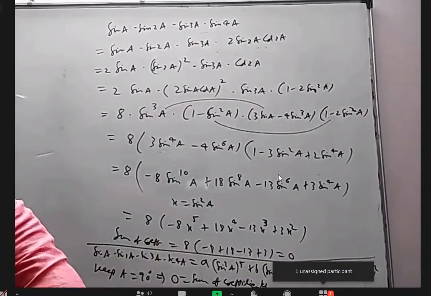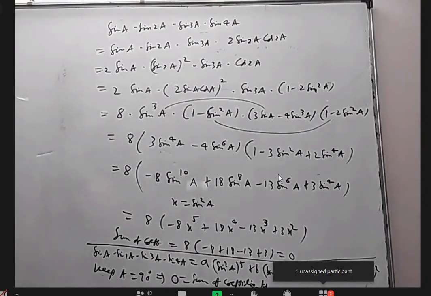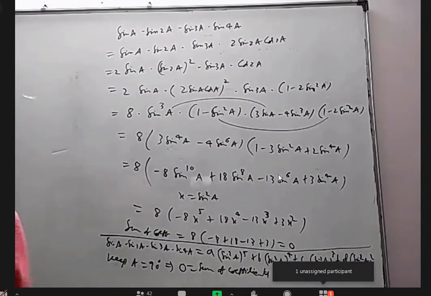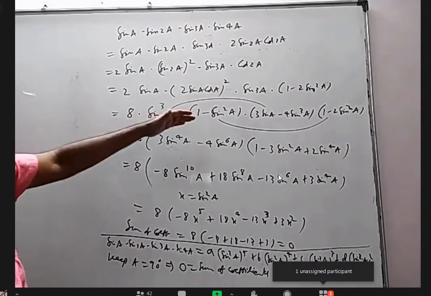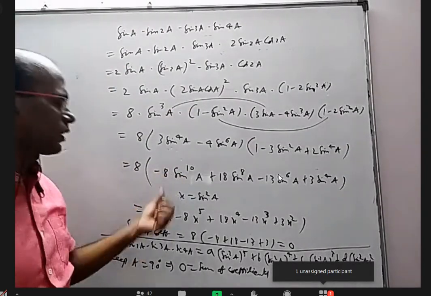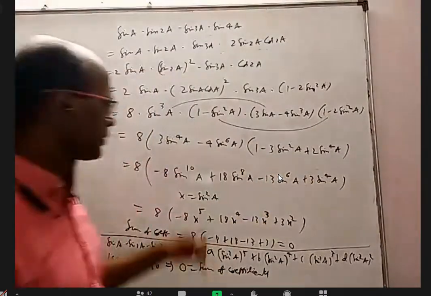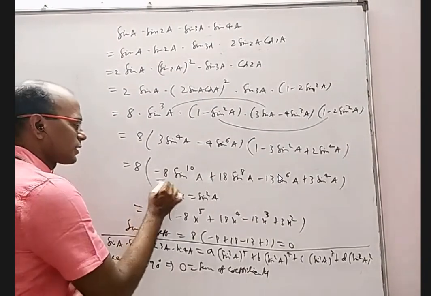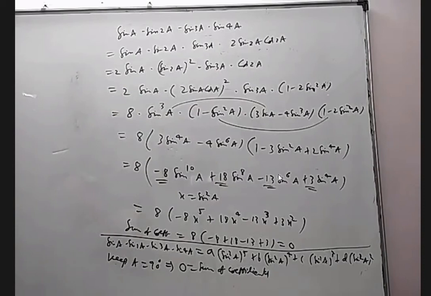You could do it. Sir, once again, can you explain the second method, sir? Okay, see, if I explain only the second method, somebody may not be clear what the question is first of all. That's why I did the whole first method. I'm showing you how this can be written in terms of something into sine power 10a, something into sine power 8a, something into sine power 6a, 4a. Now they don't want all that. They want this number plus this number plus this number plus this number. Am I correct? Yes, sir.